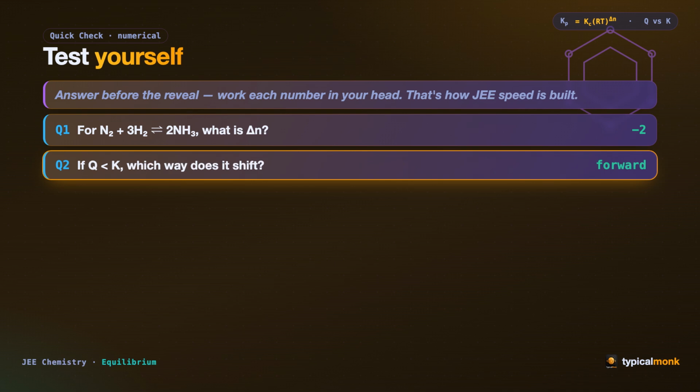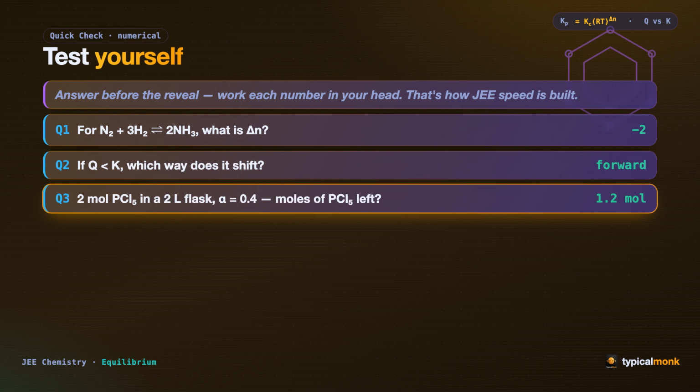Question 2. If Q is smaller than K, which way does the reaction shift? Forward. Question 3. 2 moles of phosphorus pentachloride are placed in a 2-liter flask with alpha equal to 0.4. How many moles of phosphorus pentachloride remain? X equals 0.4 times 2, which is 0.8 mole dissociated, so what remains is 2 minus 0.8, which is 1.2